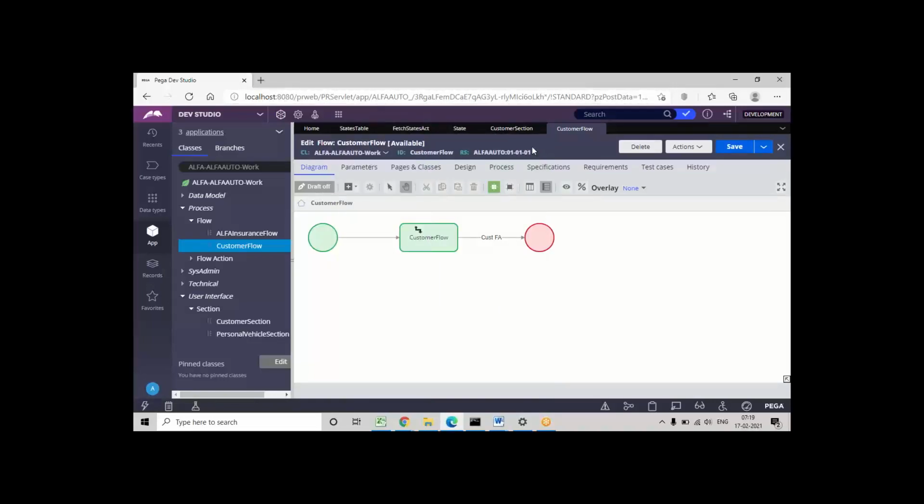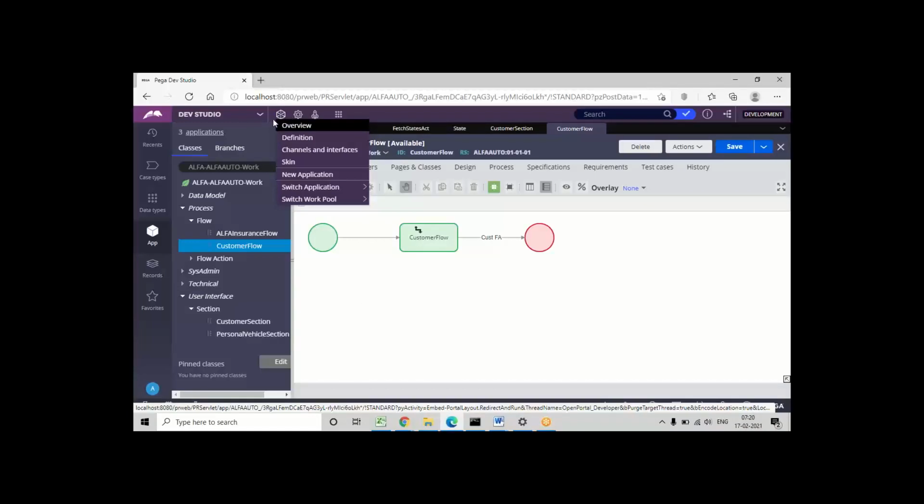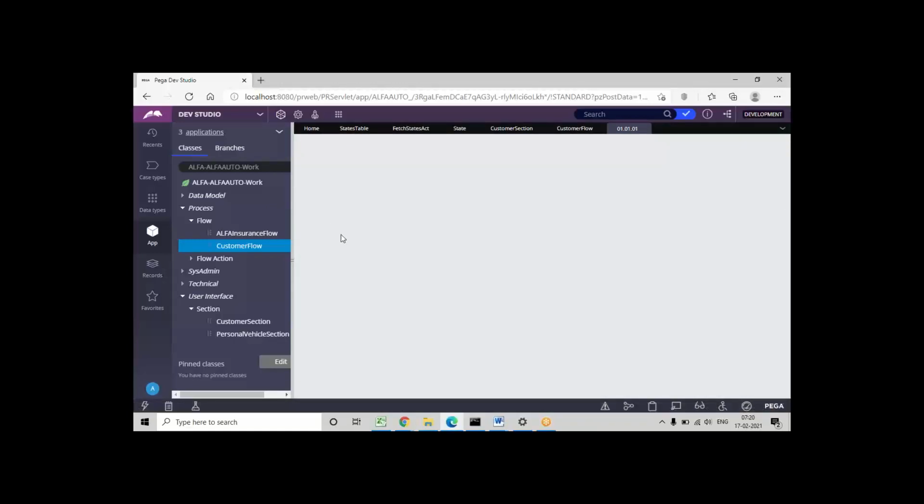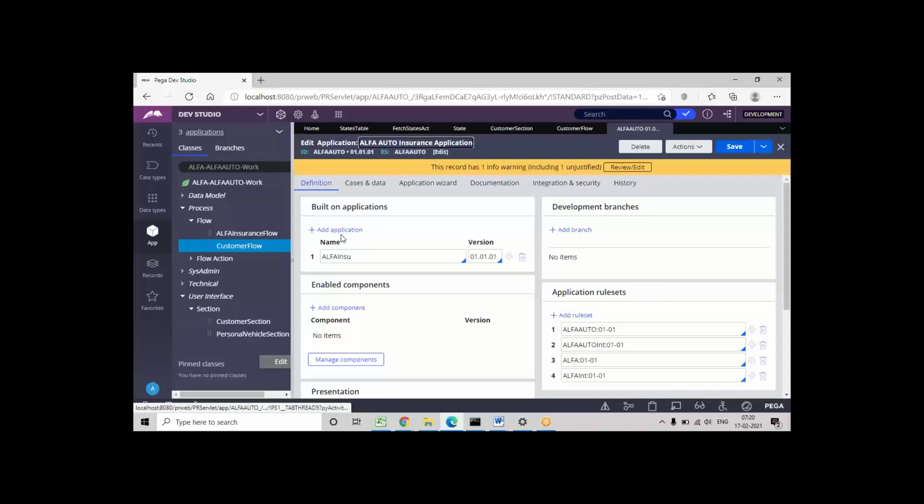So that no need to open the flow manually and run from the action dropdown. Any flows you want to run directly can be run from this menu. To apply that setting, go to application definition. The first one is the application menu, and click on definition. The purpose here is to understand how to add the flows to the create menu.